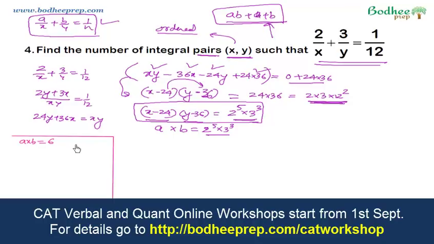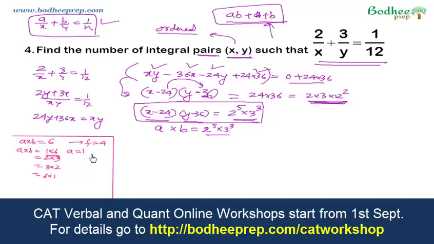So the number of factors of 6 is 4. So a into b can be written as 1 into 6, or 2 into 3, or 3 into 2, or 6 into 1. Since I need to find the ordered pair, each of these particular terms, if I compare one by one,